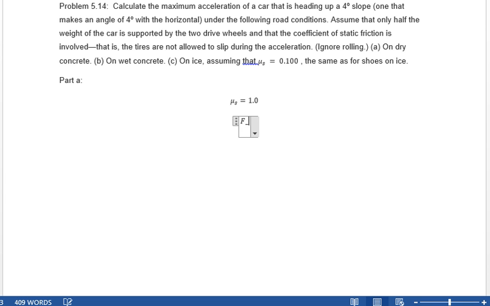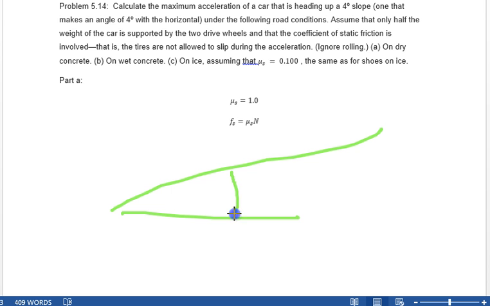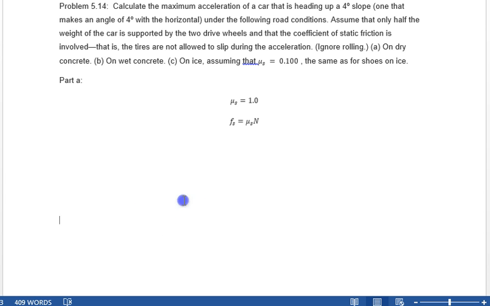We also know that the maximum frictional force, which corresponds to the maximum acceleration, the maximum force you can exert without breaking static friction, is mu s times N. Now, what is the normal force in this case? One, we have a 4-degree slope, and the car is sitting here on a 4-degree slope. Two, they tell us we're dealing with just the front wheels and only half the car's weight is on the front wheels. So if you look carefully at this slope,